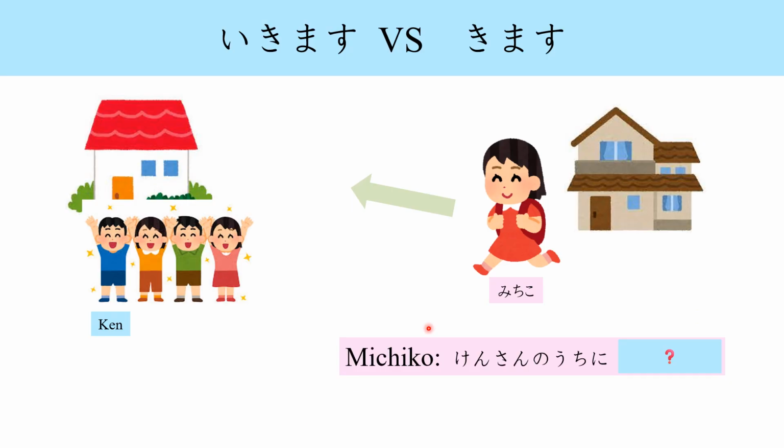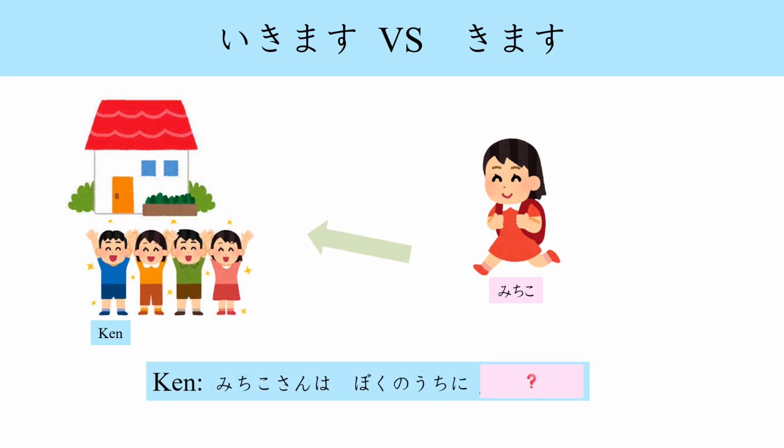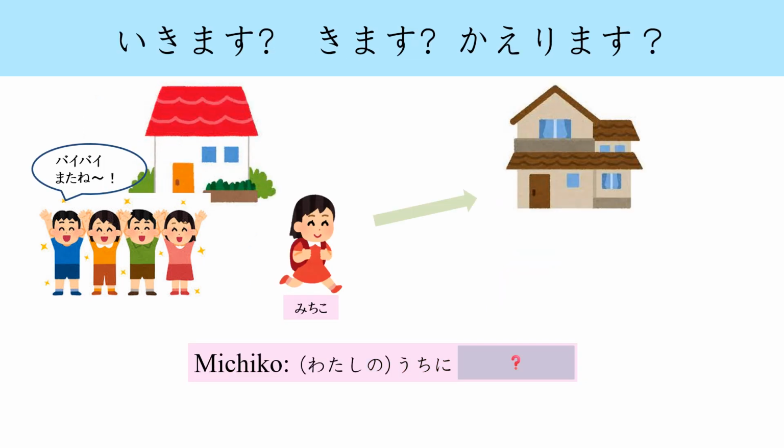Let's try with this. So Michiko is going to Ken's house. How do you say this? Michiko is saying, ケンさんの家に行きます。いいですね。Let's figure out what Ken is saying about Michiko's coming. Ken would be saying, みちこさんは僕の家に来ます。そうですね。